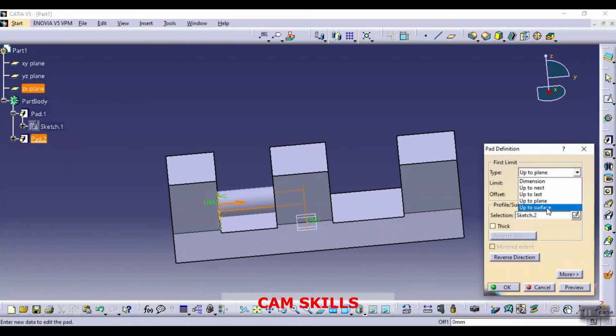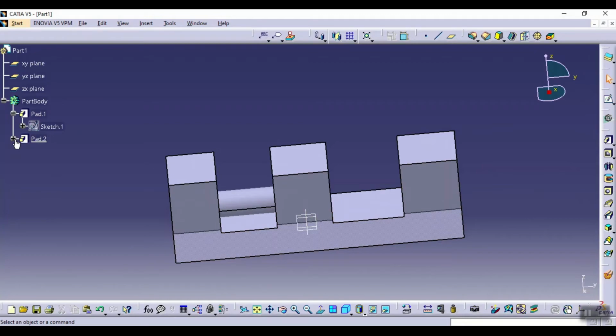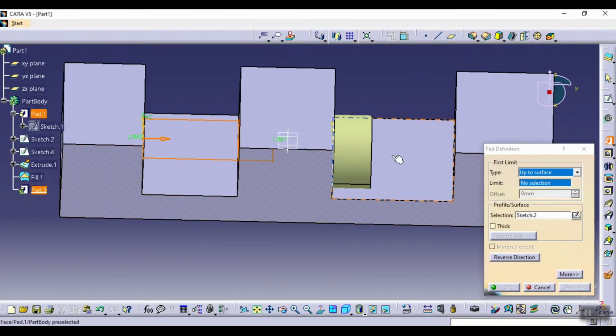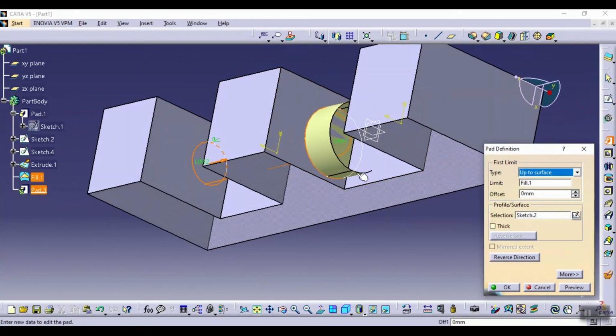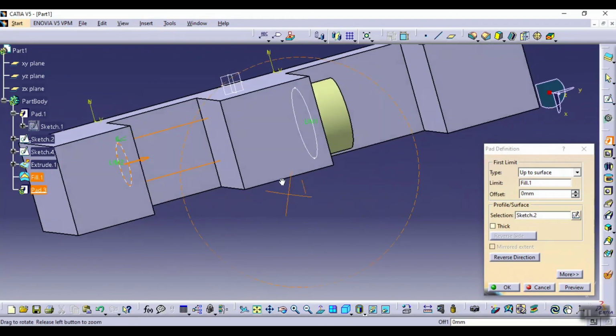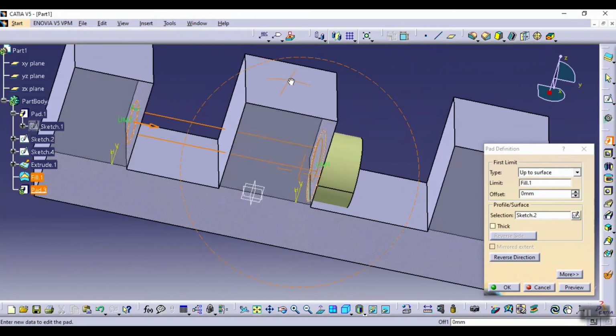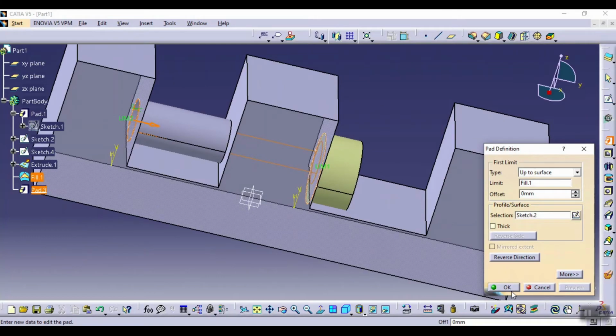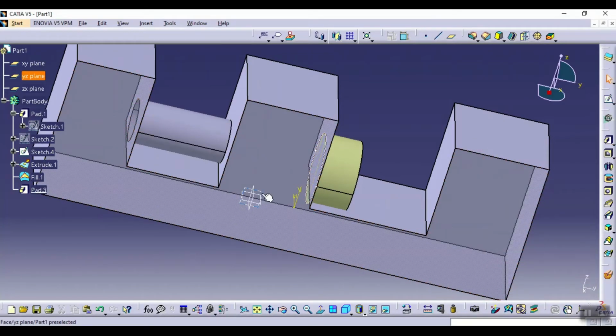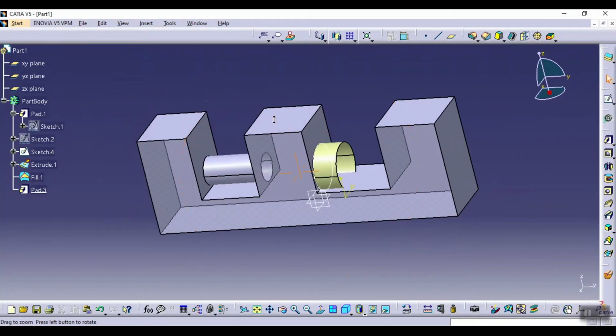If there is any surface available, then you can create the up to surface option also. Okay, select this one, up to surface. I'm selecting this surface. So up to this surface the part will be extruded here. Check the preview and okay. So this is the up to surface option.